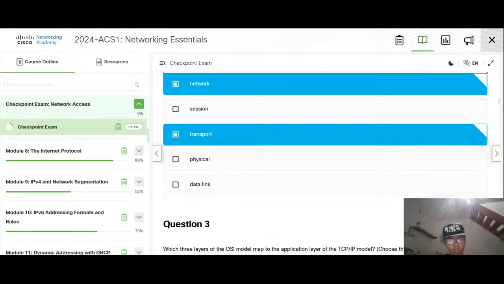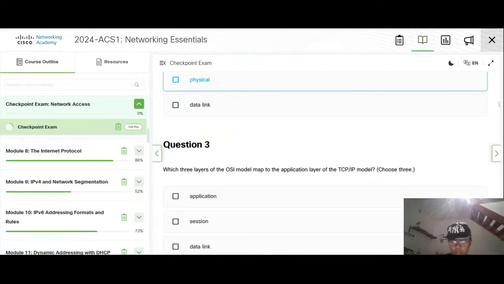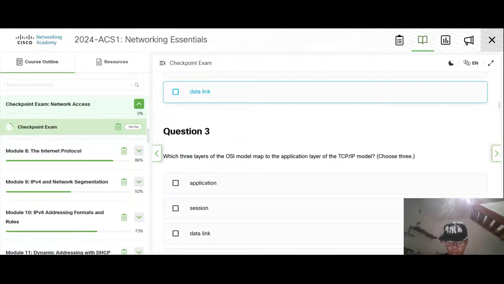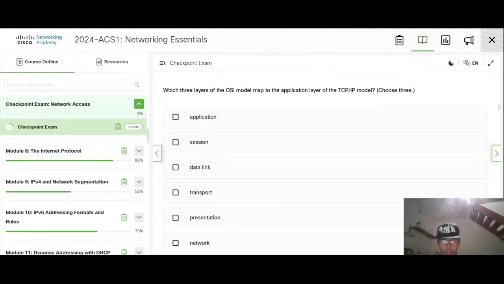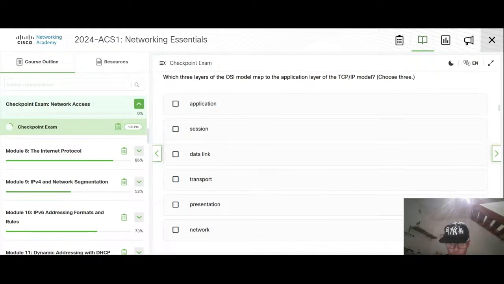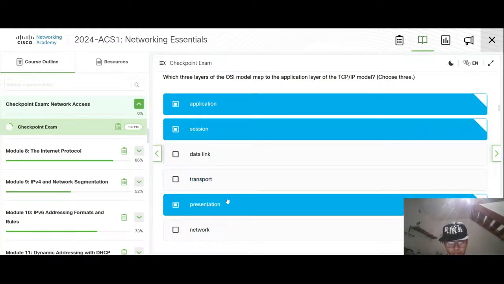This one is the same, use internet, which refers to the internet. Application once again, with the help of these three things, which are application, session, and presentation.